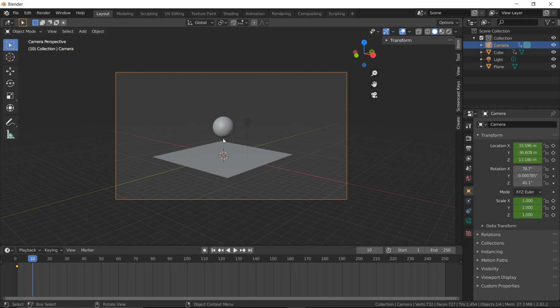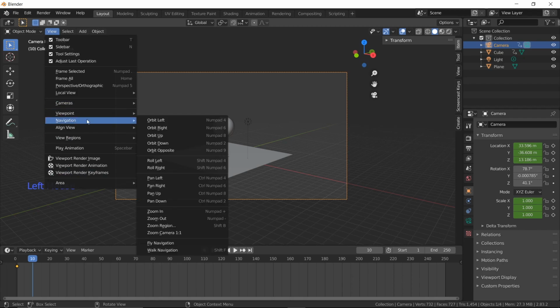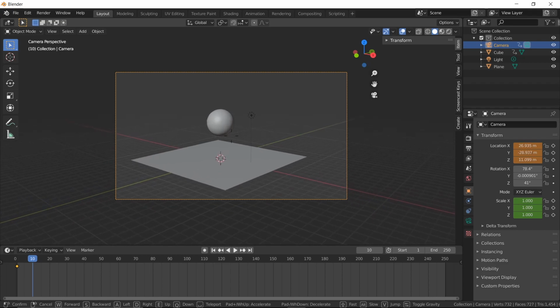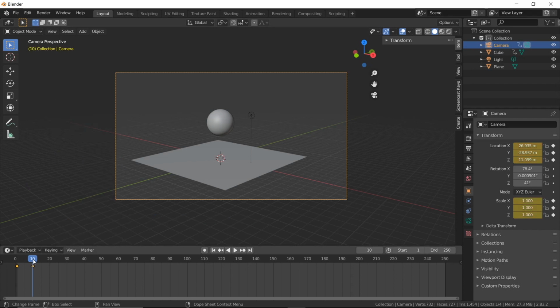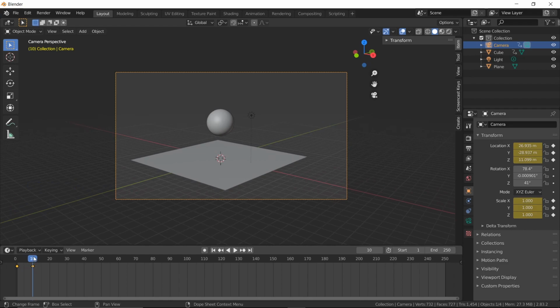Then to move your camera, go to View, Navigation, Walk Navigation, and press W, or Shift W for faster movement. Let's stop it here. Press Enter. Then to set a keyframe, press I, select location and scale. You can see that your camera is panning, and you can select as many positions for your camera.